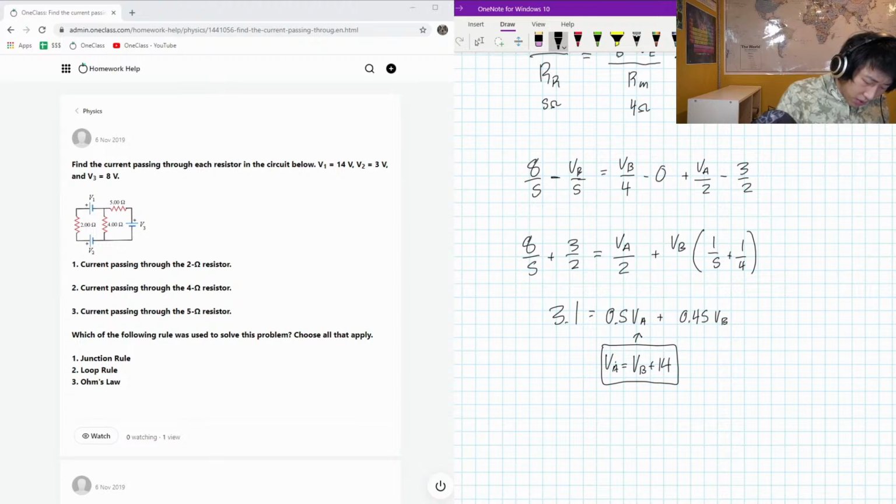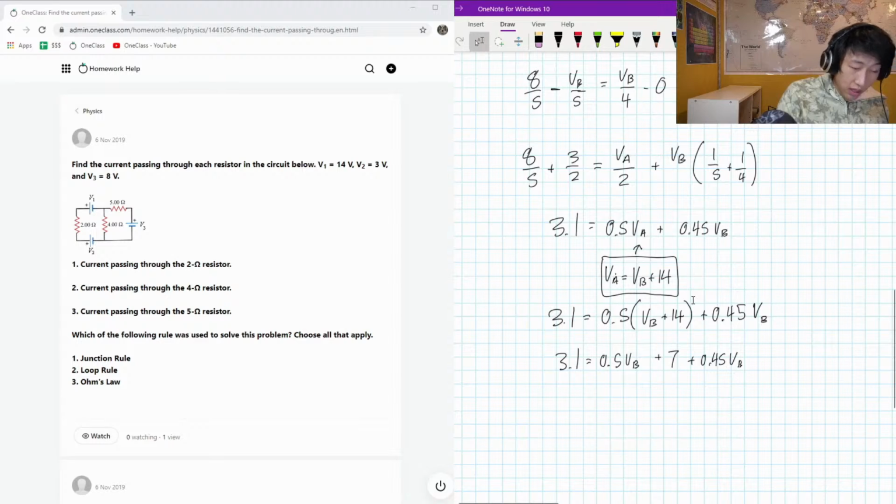Okay, and that will give us 3.1 is equal to 0.5 times VB plus 14 plus 0.45 VB. Okay, expanding this all out, 3.1 is equal to 0.5 VB plus 7 plus 0.45 VB. And that will give us,